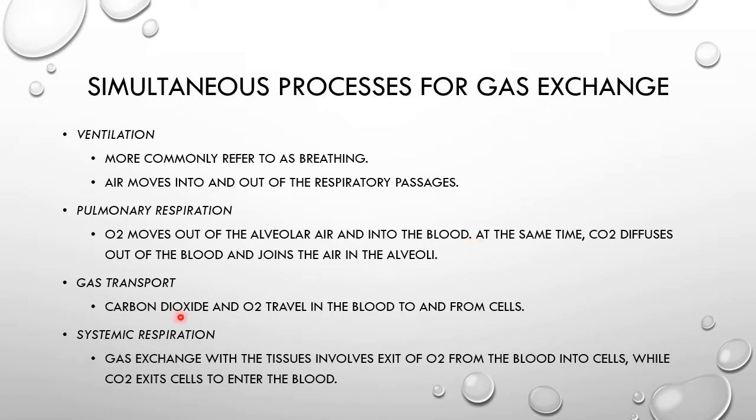And then the gas transport, okay, your carbon dioxide and O2 travel in the blood. Imagine your capillaries, your blood vessels, they are all supplying every cell of the body. And our cells need oxygen for the metabolic processes to happen. So as the blood passes through these cells, they give off the oxygen, which is coming from the lungs, to the cells, and then in exchange, the cells, during their metabolic